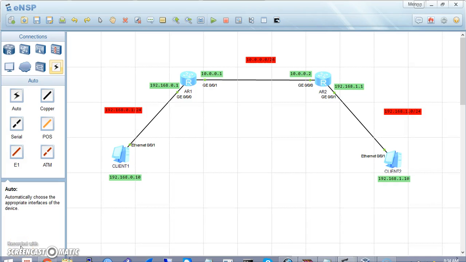Alright, so here we are with a very simple network. We have two routers and then two clients on both ends of the routers. We have three networks here: 192.168.0.0, 10.0.0.0, and then 192.168.1.0. At the end of the day, we want to make it possible for the client on the